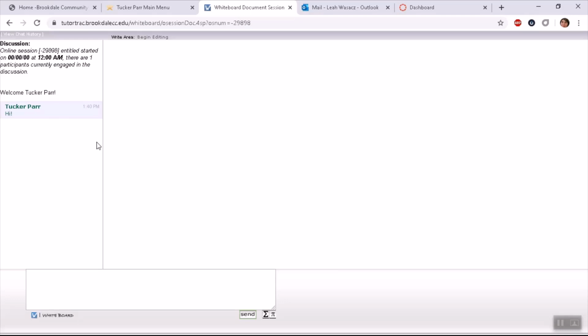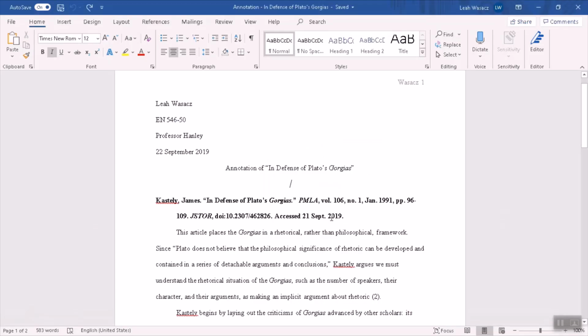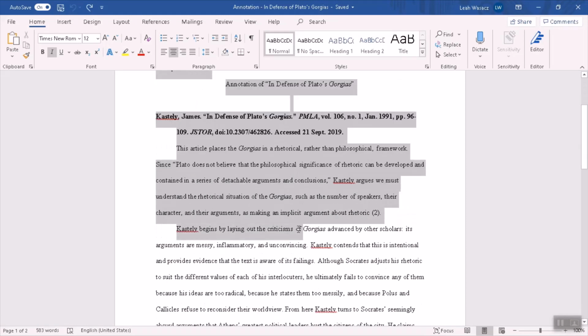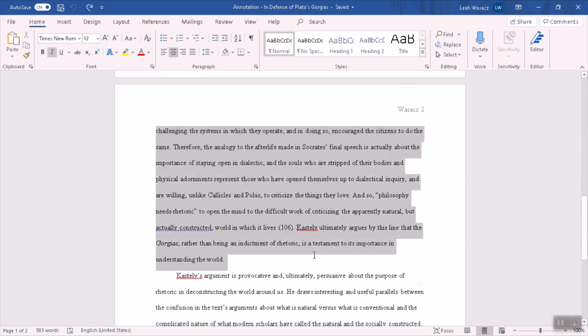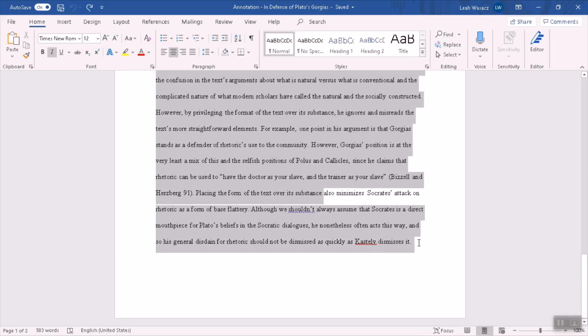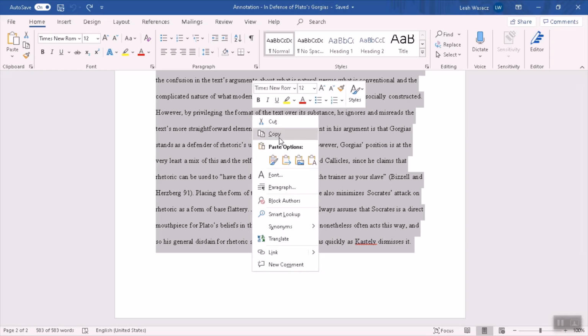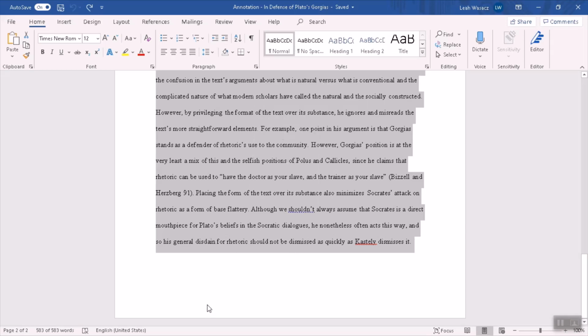You should also upload your paper. In order to do that, first, go back to your paper, and copy and paste the whole thing. You can do this by clicking and highlighting the entire paper and then doing Control-C, or by right-clicking and selecting Copy.